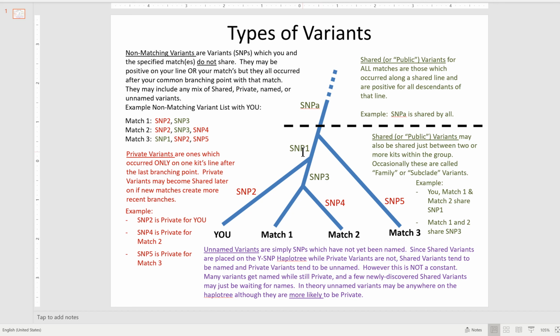So they are the ones that are more interesting because they define branching within the tree itself, within this group's tree. So, for instance, SNP 1 is shared by me, match 1, and match 2. SNP 3 is only shared by match 1 and match 2. So these are the ones that I want to look at in order to determine the branching that happened within